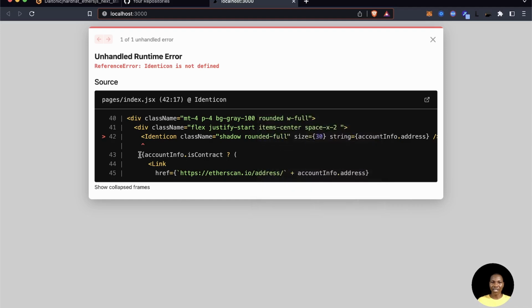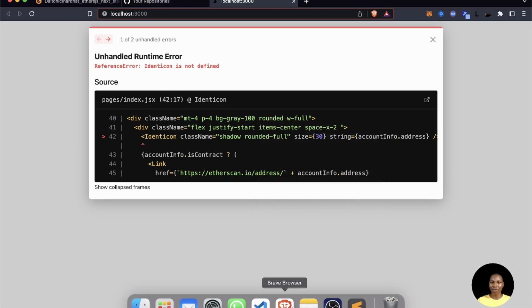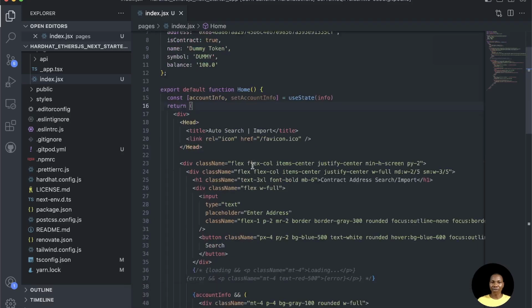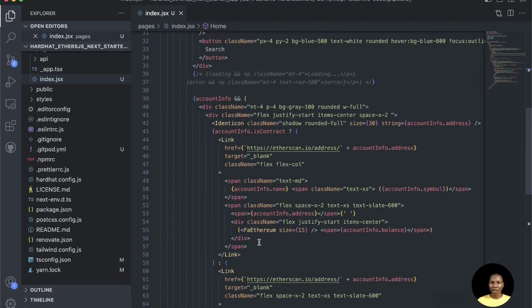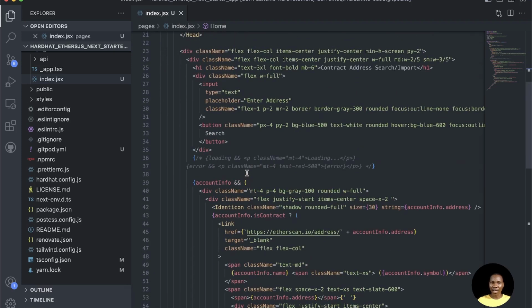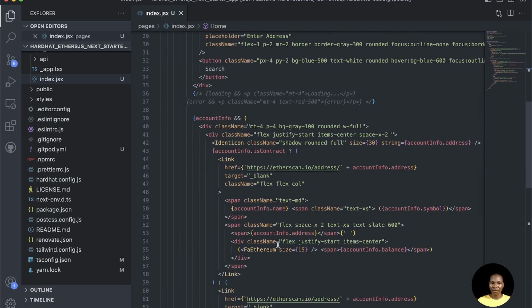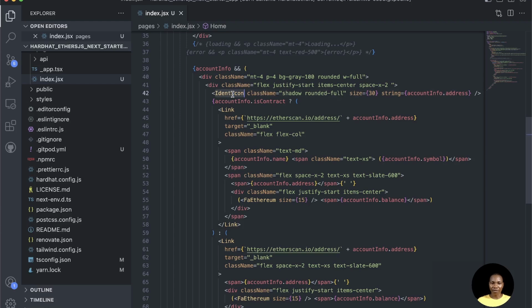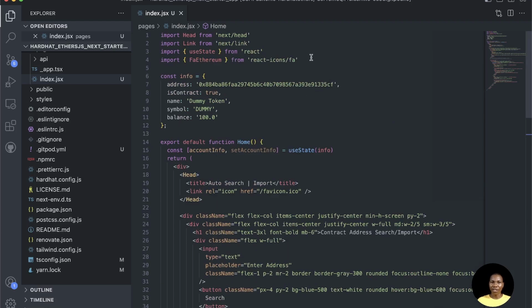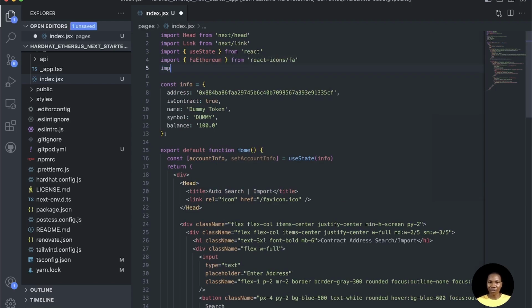Oops, we have an issue here saying this identical, I've not imported this. This has not been imported. So let's import it. All right. So where are you? This is identical right here. So I'm going to come here and import identical from